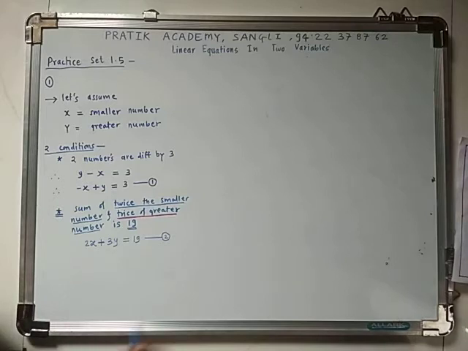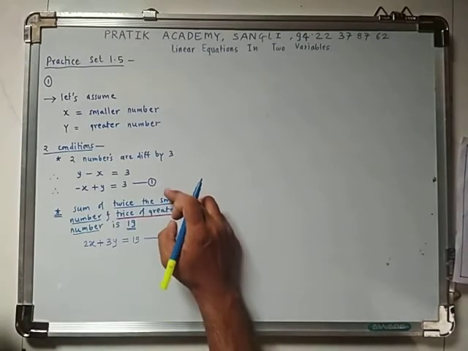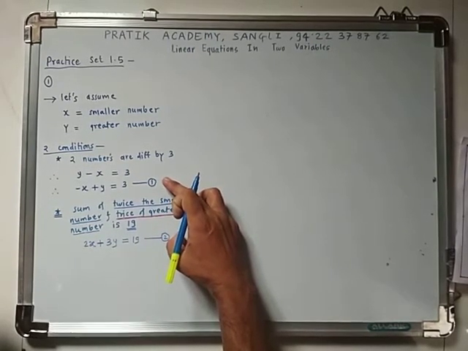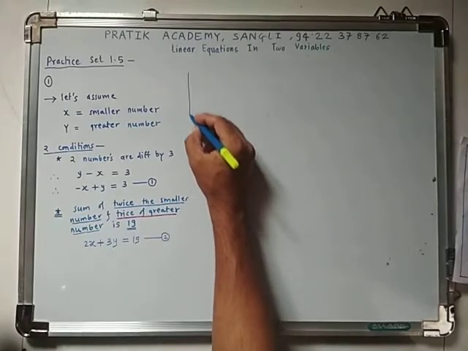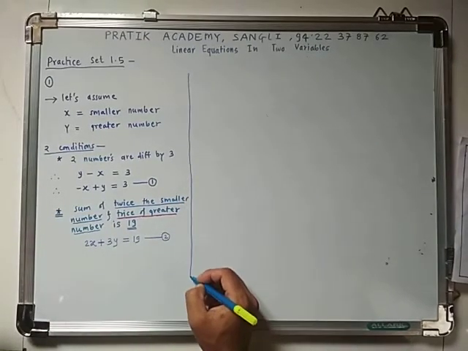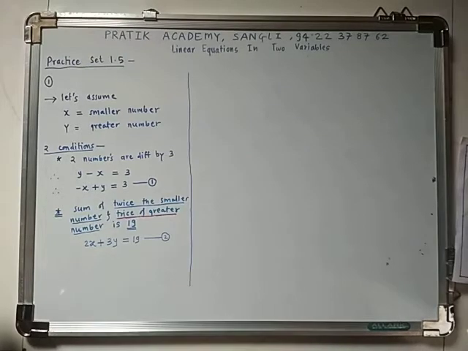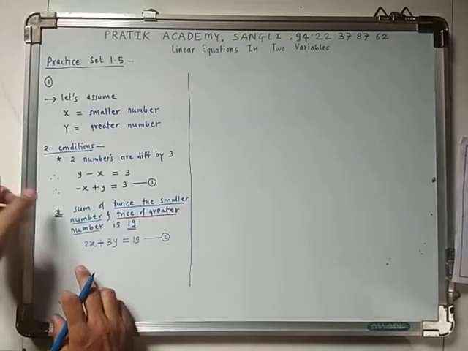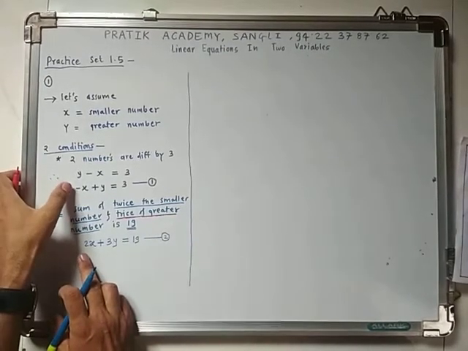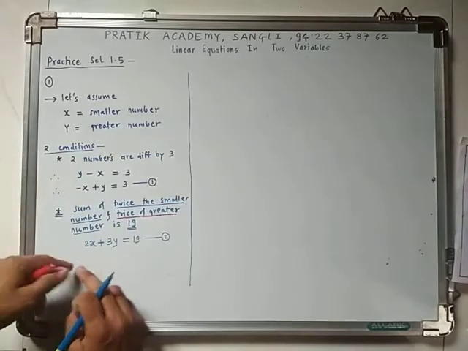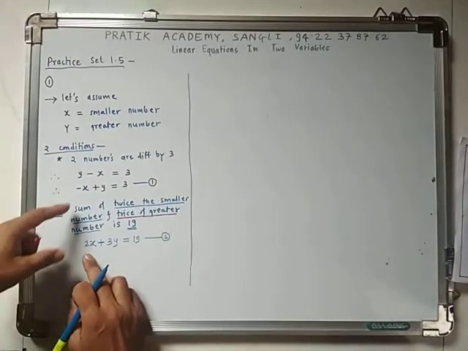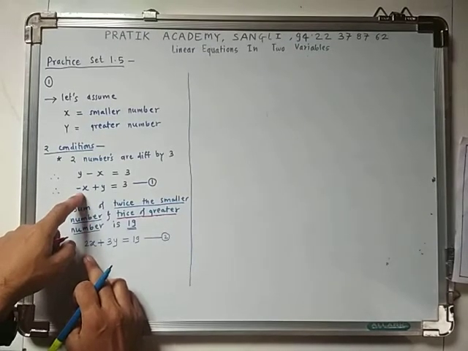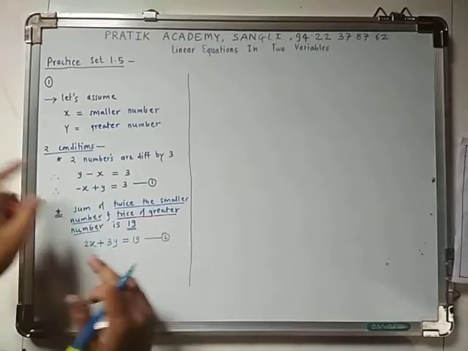Okay. In this way we got two equations, and these two are now simultaneous equations, and we can solve them. We have a total of three methods to solve these equations that we have seen in this chapter. So solve by any one method. I will use the elimination method here. Here the coefficient is 2. Here the coefficient is -1. So we have to multiply by 2.